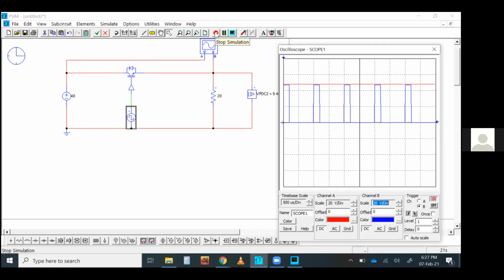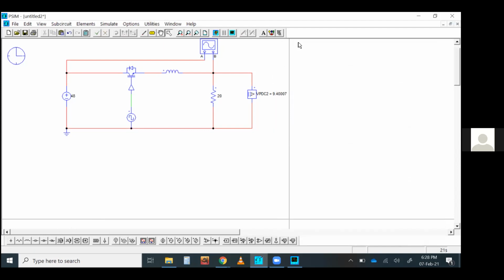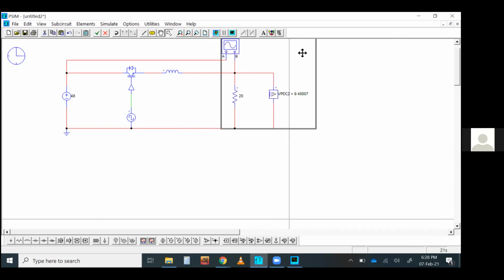We need to put some LC filter in between this switch controller and the output terminal. Then only we can get this precise DC signal. So let's put this LC filter. There should be capacitance. And most importantly, the freewheeling diode to ensure the continuous conduction mode.